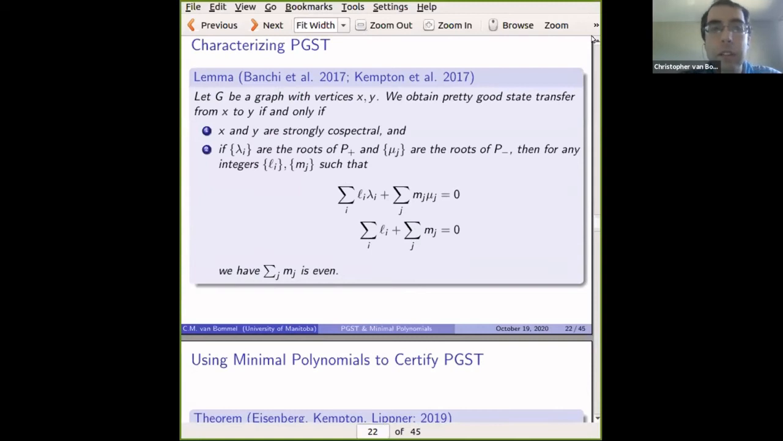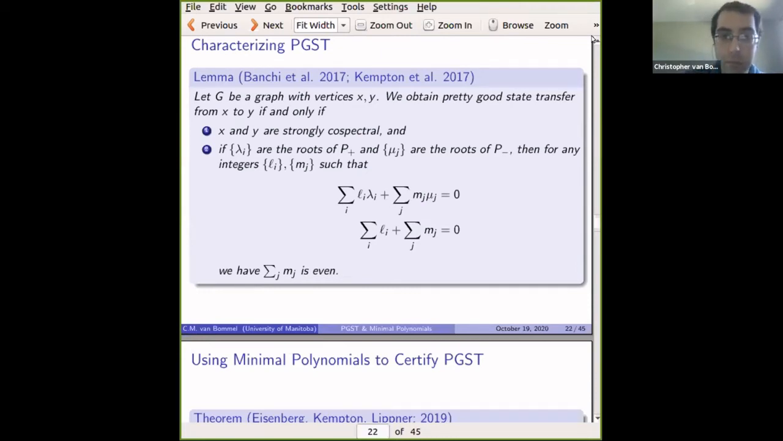One of the main ways of characterizing pretty good state transfer is this lemma based on Kronecker's theorem that was demonstrated by multiple sets of authors. So to get pretty good state transfer, the two vertices have to be strongly cospectral. And you have this condition on basically how dependent the eigenvalues can be on each other. So there's this idea that if you have integers, so that this linear combination of eigenvalues goes to 0,